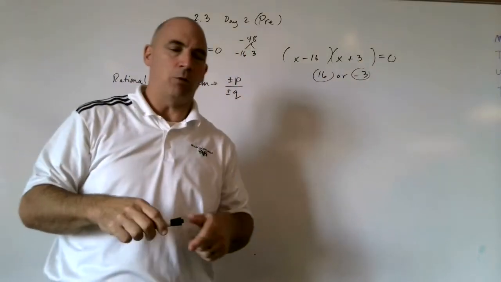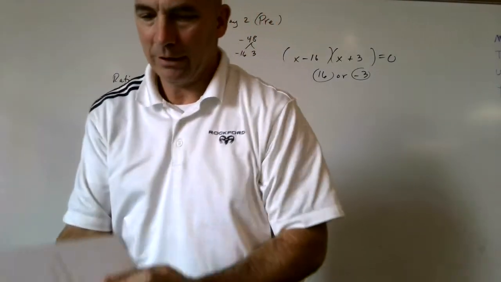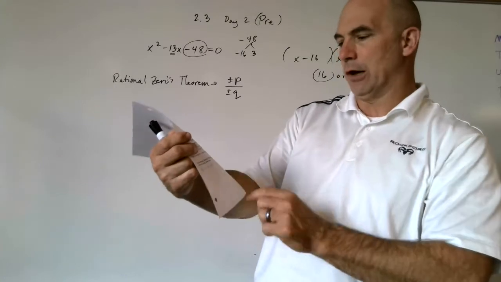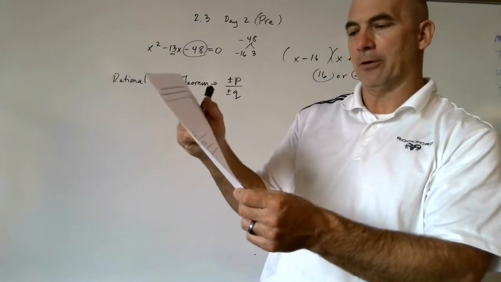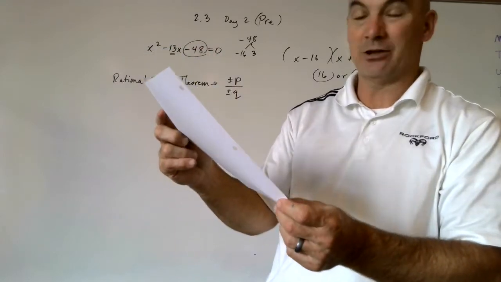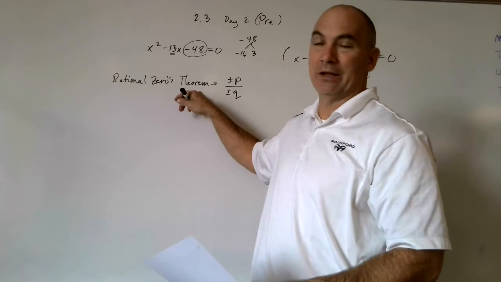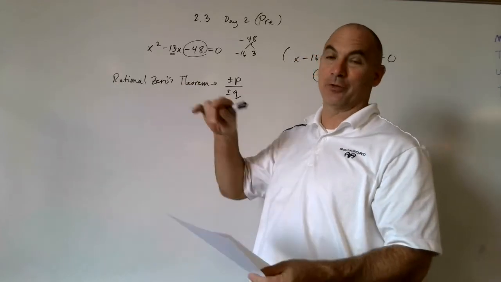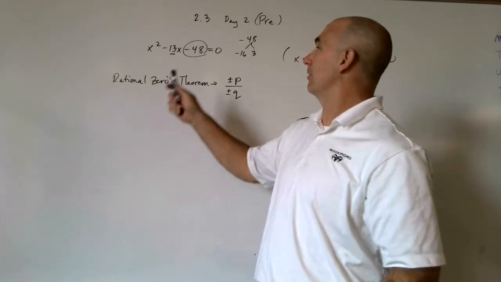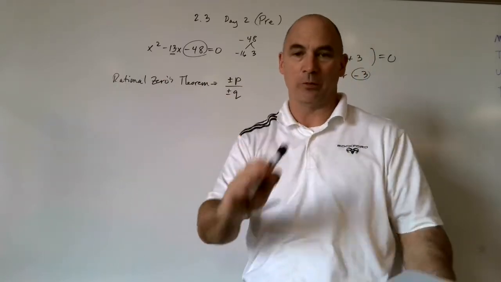Now, you might be saying, well, why are you showing us this? I'm looking at my packet here, and I see example 3 and 4. In example 3, the highest power is a cubic. In example 4, the highest power is also a cubic. The rule of this rational root theorem is extremely beneficial for those cubics. So I'm using this one to help you understand what in the world it does. Okay? So with that being said,